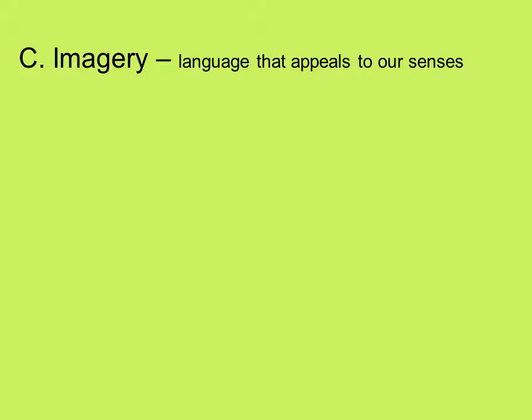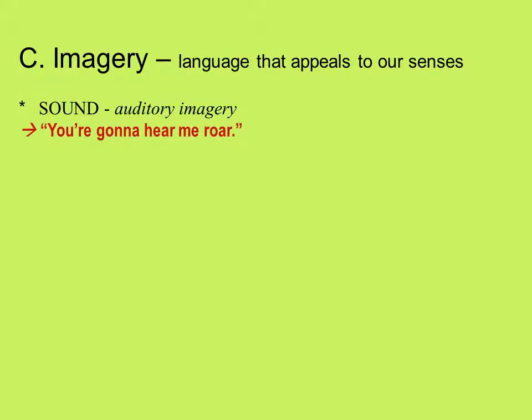And the primary one is visual imagery, and visual usually gets dropped from that because as human beings, the sense that we rely on more than any other is our visual sense. But then we have language that appeals to sound. It's called auditory imagery. For example, you're gonna hear me roar,